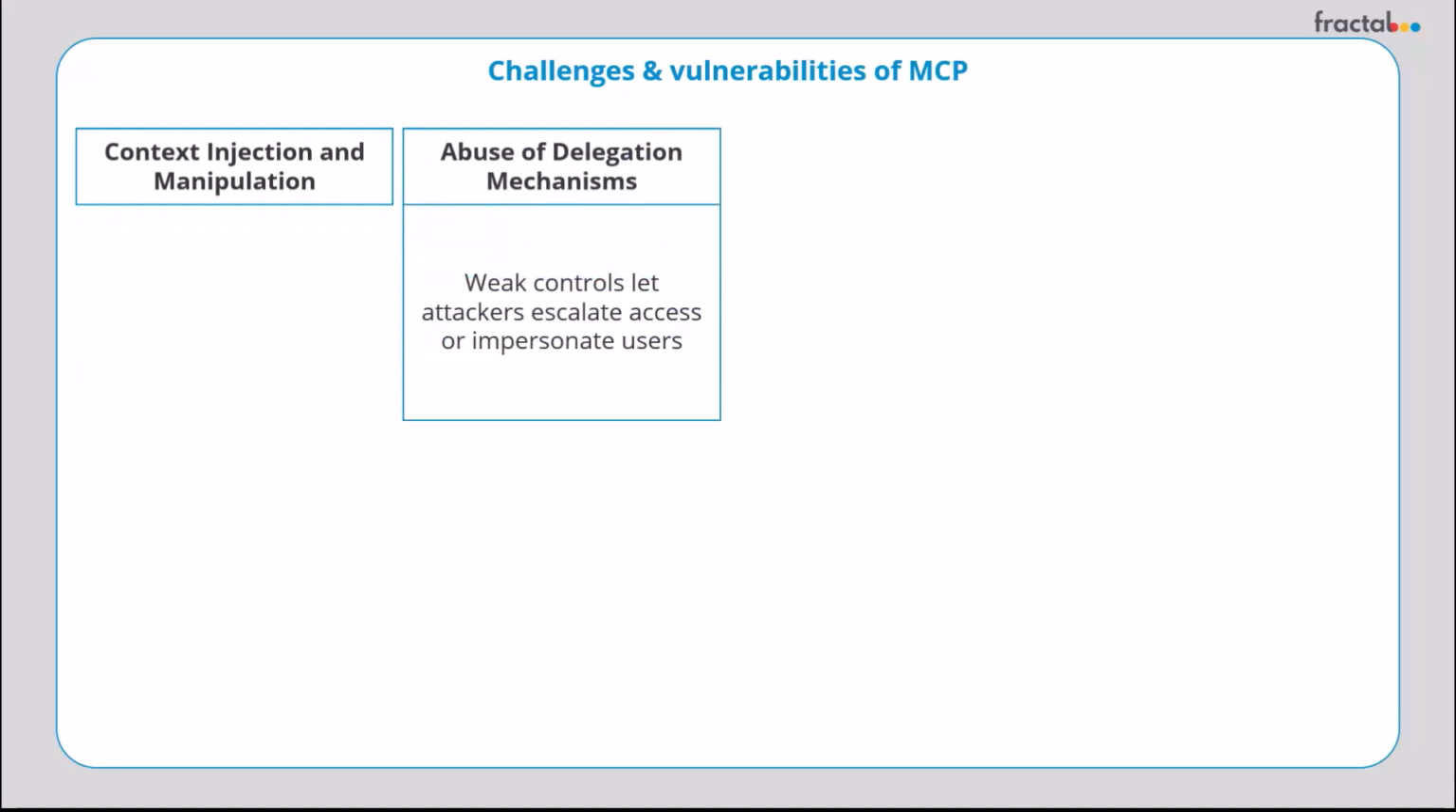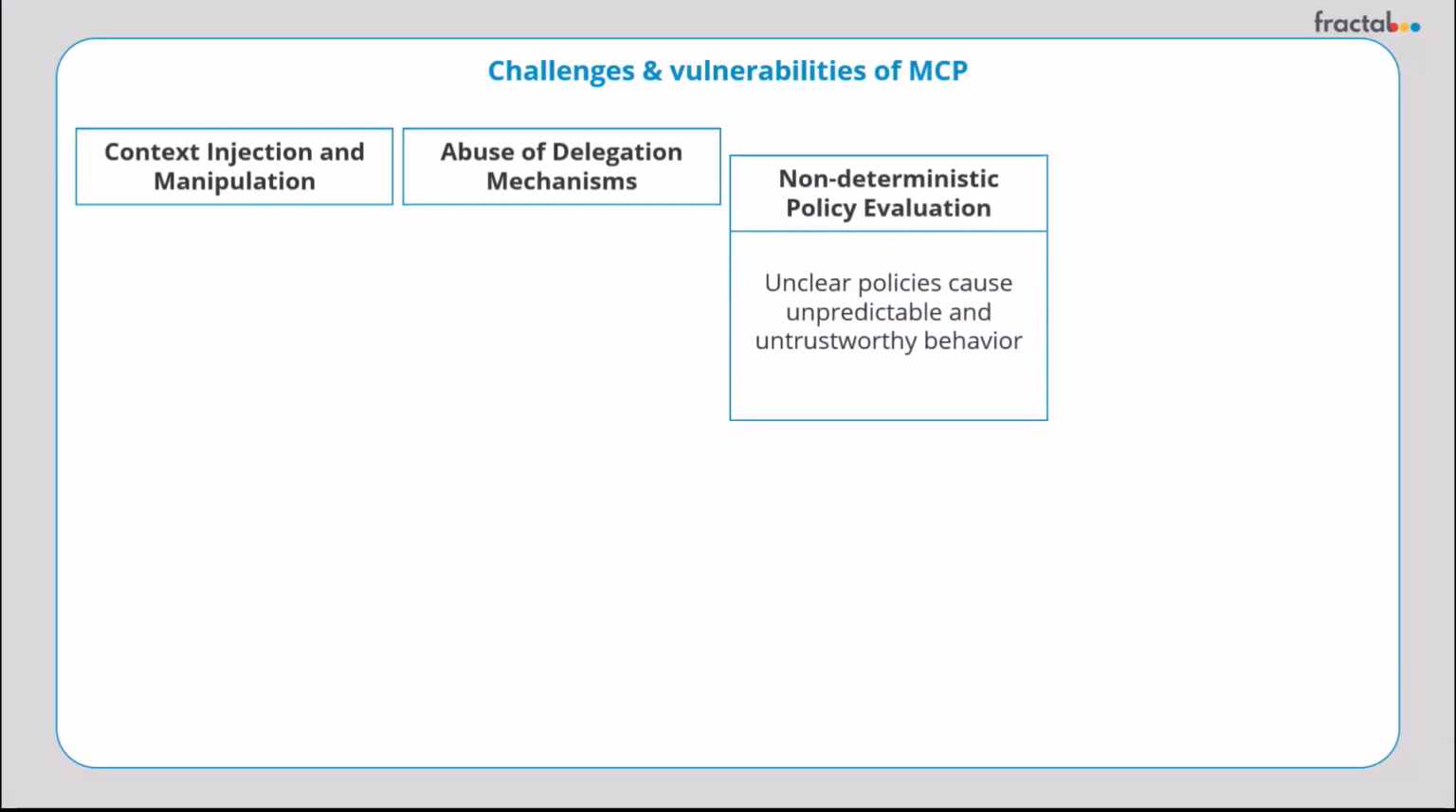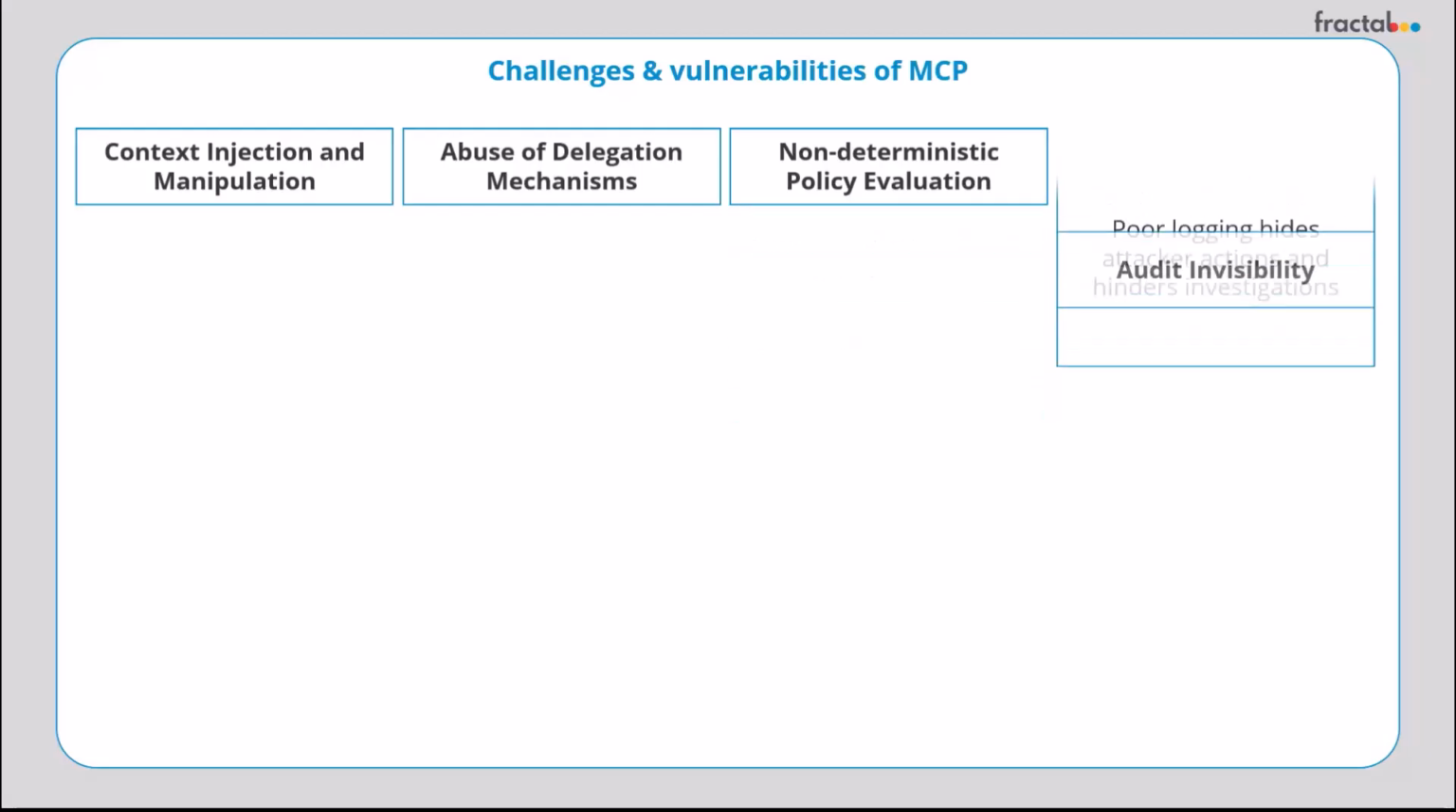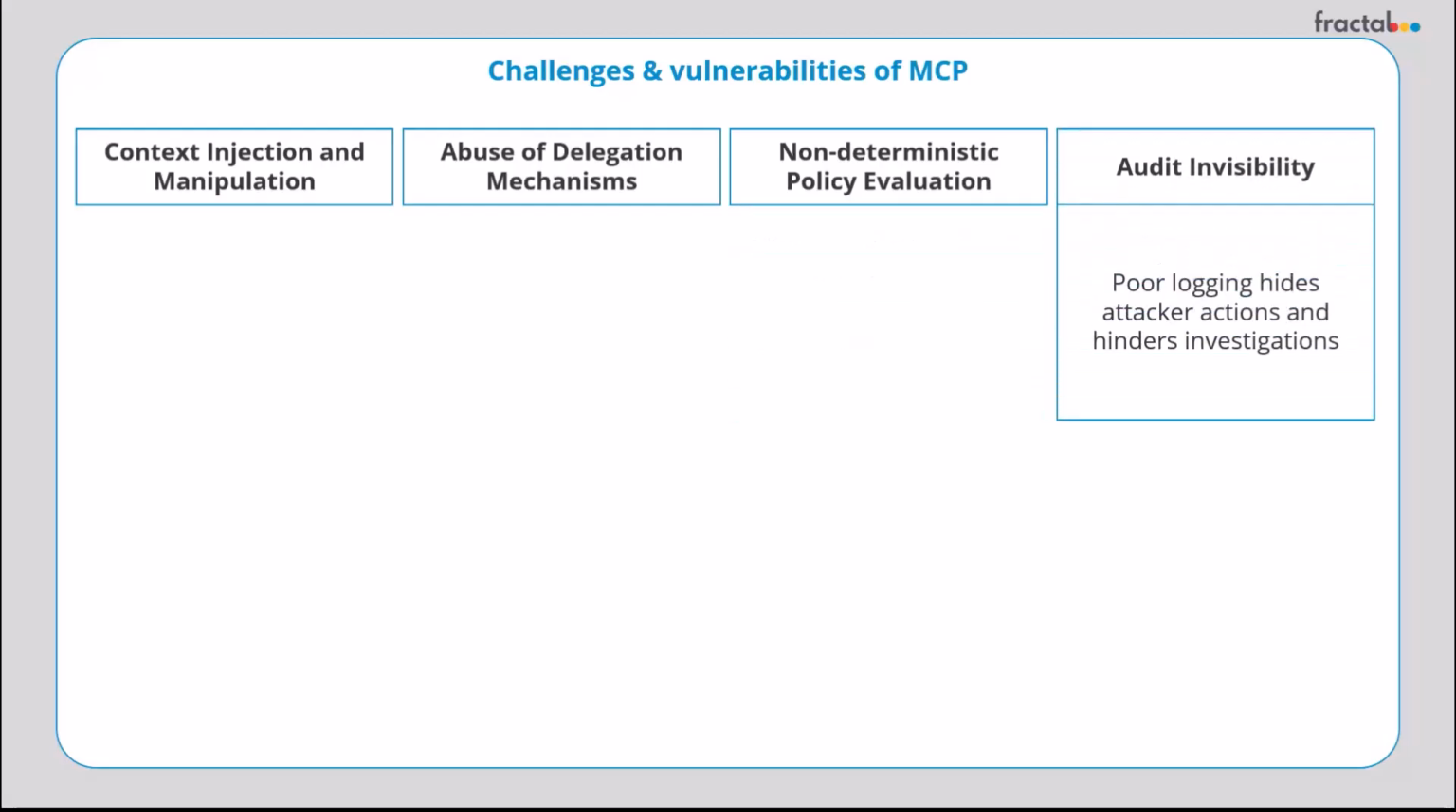Abuse of delegation mechanisms. If delegation chains are not tightly controlled, attackers can escalate privileges or impersonate authorized users, gaining access to sensitive systems. Non-deterministic policy evaluation. Inconsistent or unclear policy enforcement can result in unpredictable execution outcomes, undermining the reliability and trust. Audit invisibility. Insufficient or poorly structured logging can make it difficult to trace actions or investigate incidents, leaving organizations blind